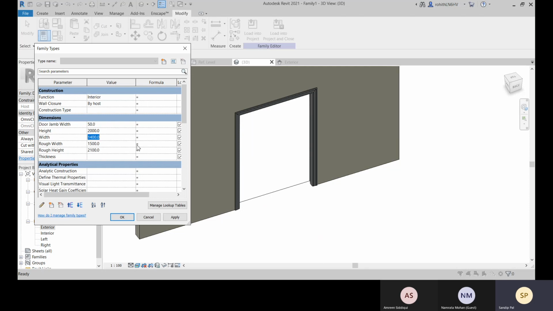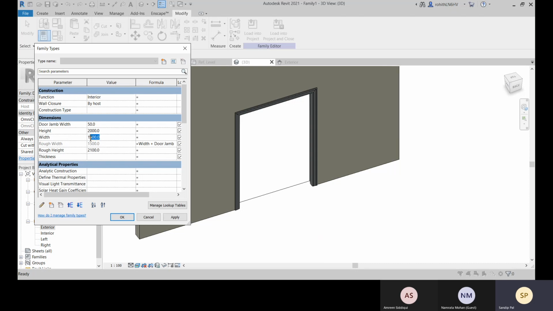So we will select width plus width plus door jamb width, door jamb width 2. This is locked right now, so you will be changing the width only.